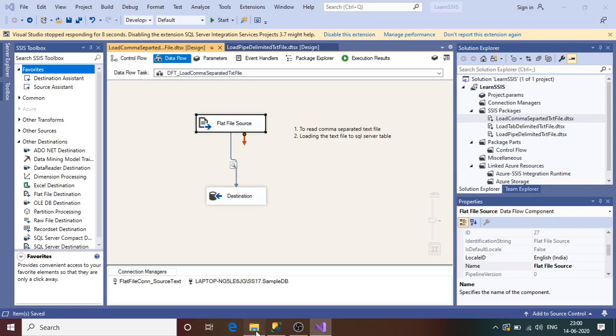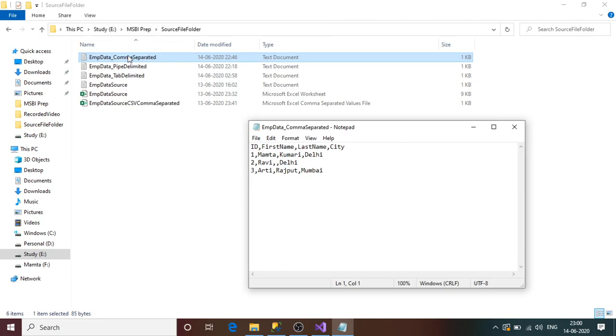And the source data here is a comma separated file. I have the header row, ID, first name, last name and city, and I have three data rows here. The first row has four fields. In the second row I have three fields and the third one is blank, so I do not have any record for the last name field for ID equal to 2. So how will SSIS take this record and how will it insert it into SQL Server? Let's check this out.